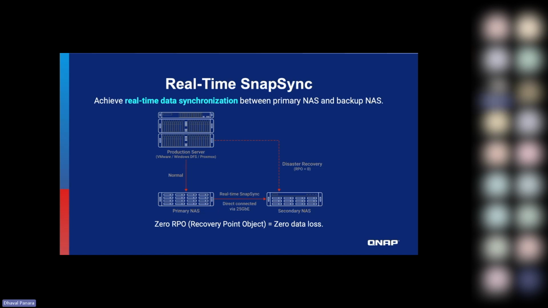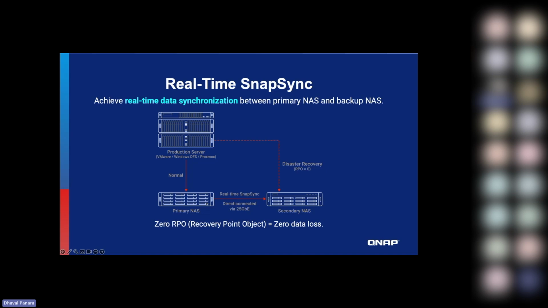So the way it works: before this active passive, what we used to recommend is real-time snap sync. So you have to do a real-time snap sync of your data. If you have a production server, then the primary NAS is the storage for the production server. Now, without the active passive, the way you achieve HA is manual, right? You have to do a real-time snap sync connected to the secondary NAS. And then once the